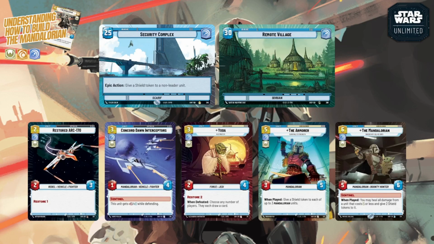Speaking of shields, you also got the Armor, because that's kind of the same thing. It's a 5 cost 3/5, so same stats as the Katina Bouncer. But when played, you give shield tokens to each of up to 3 Mandalorian units. That could be itself, your leader, and another Mandalorian on board. It could be in space, it could be in ground. This is a very nice one that basically gives 3 Mandalorian units, including itself, shields, which is very, very